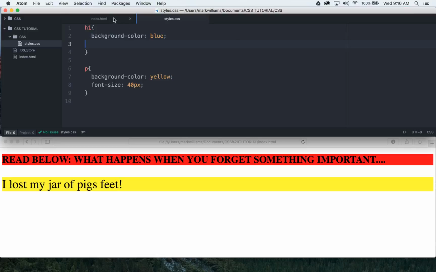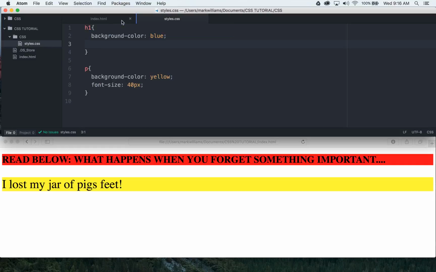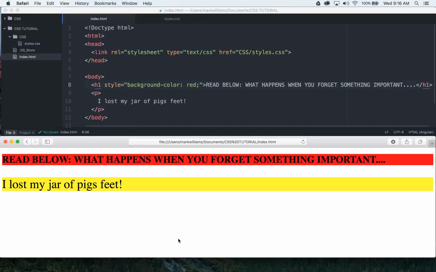I want it to be blue. But then I come straight down here into this element and I want it to say, or be red, right? Say I don't want to go through all the work of changing this or that. There's just one header tag I want to be blue. So I come down here, I save it, and I refresh,